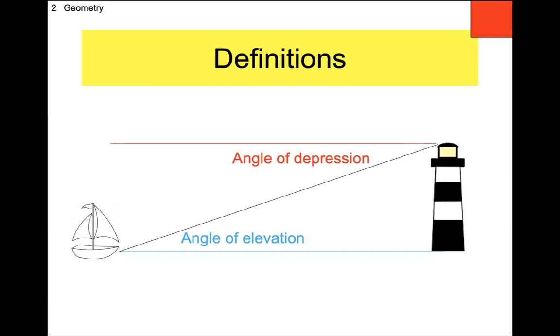Now, interestingly enough, the angle of depression and the angle of elevation do have a relationship. So let's see, what's the relationship? Well, the blue line and the red line are parallel. The black line could be considered a transversal, and those are alternate interior angles. And so therefore the angle of depression is the same as the angle of elevation as long as your frame